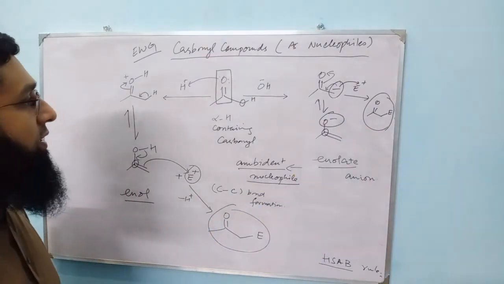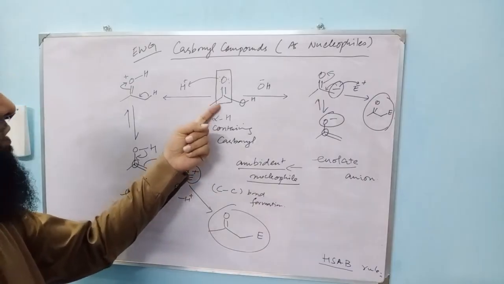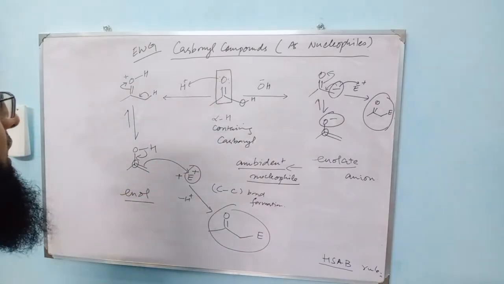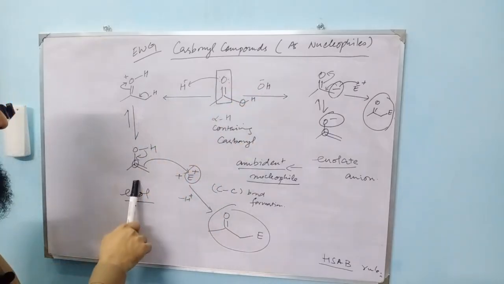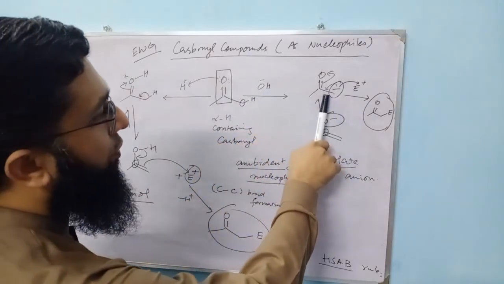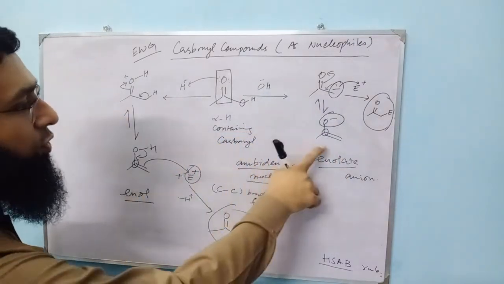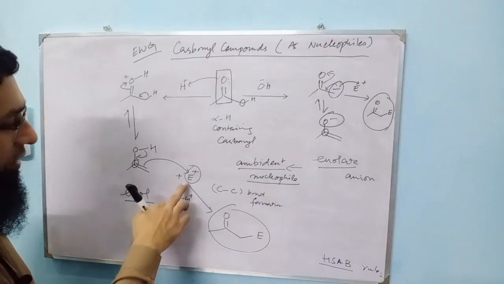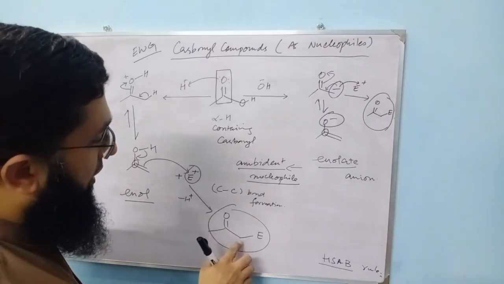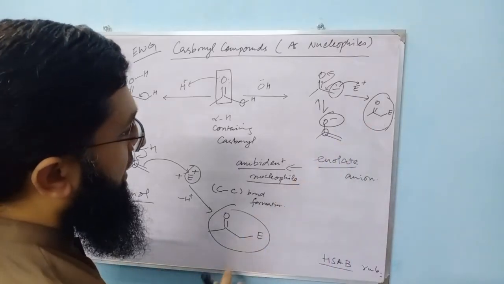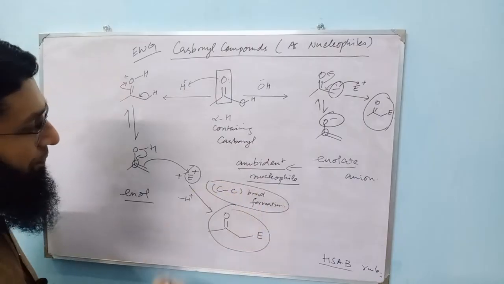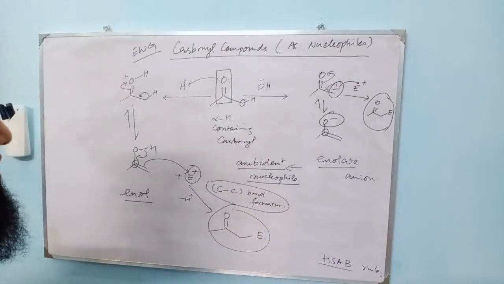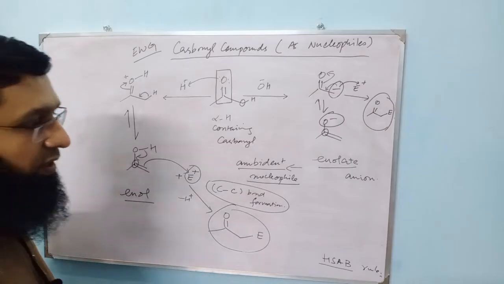We can summarize that in general carbonyl compounds are electrophilic in nature, but when acid or base is added, in case of acidic conditions enol is formed, in case of basic condition enolate is formed, and both are nucleophilic in nature, and they react with electrophiles to give alpha substituted product, in both cases. And this is an excellent way to form a carbon-carbon single bond. Now we see some examples.